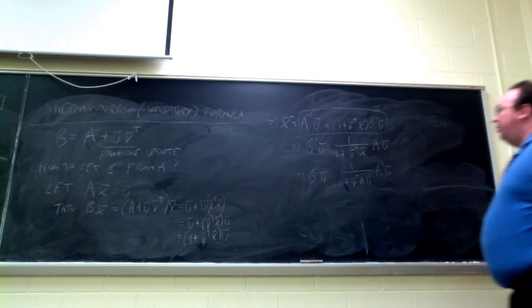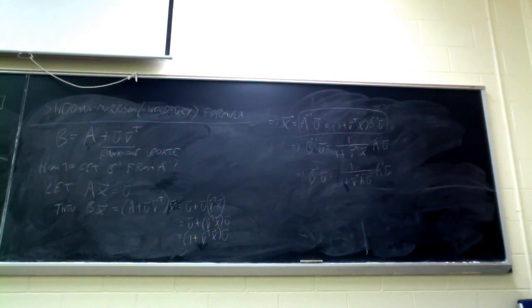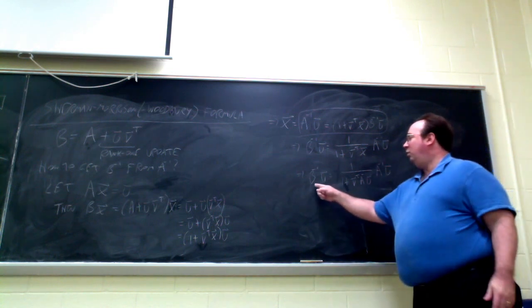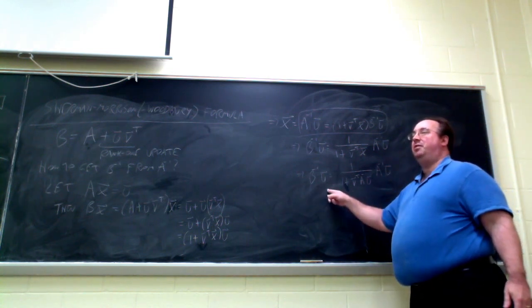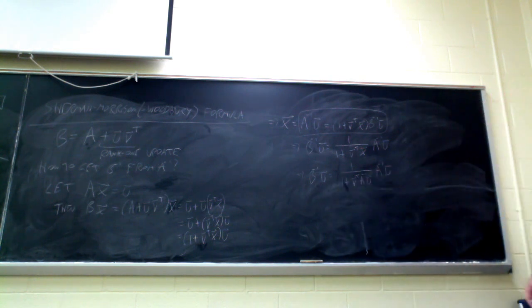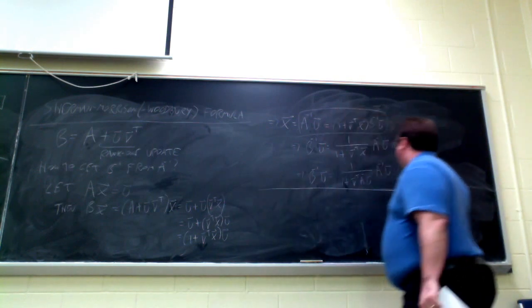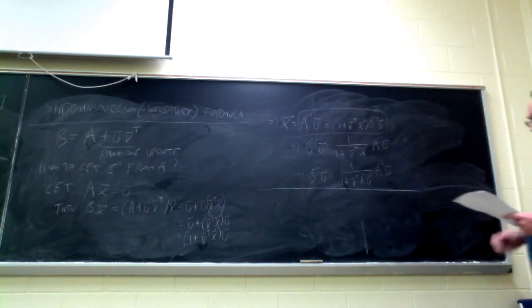Okay, so this tells me a little something about B inverse. It tells me what I'm supposed to get when I multiply B inverse by U. It gives me this. But the thing is, B inverse is an n by n matrix. So knowing how it acts on one vector doesn't really tell me all that much. I need to find out more. But this is one essential property that I need. The next essential property is,